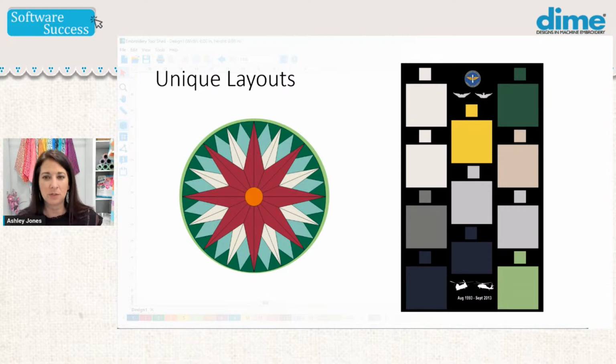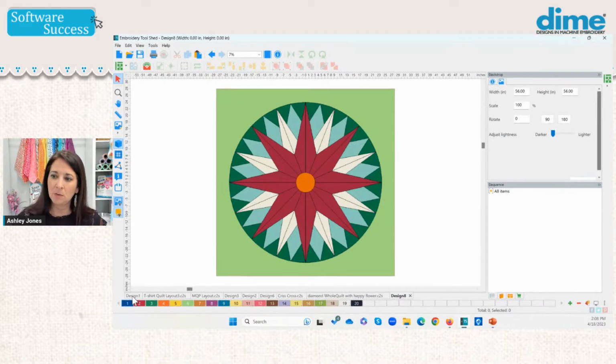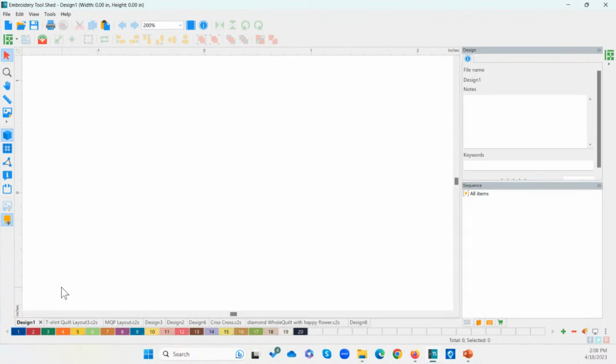I'm going to show you several different ways to do that in My Quilt Planner. So let's head over into the software. I'll show you this one in a bit. Let's just start with a new page first, and let's do avoiding the embroidery, because this is a question we get a lot. I think it's probably the one that is going to be most helpful.